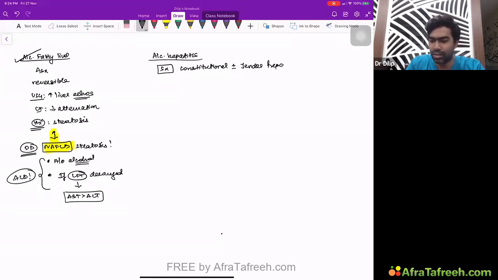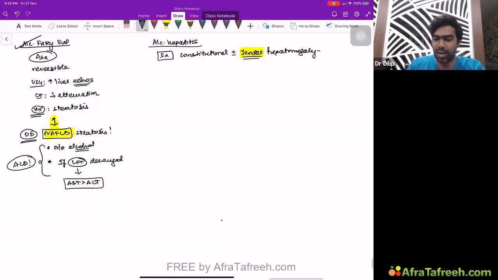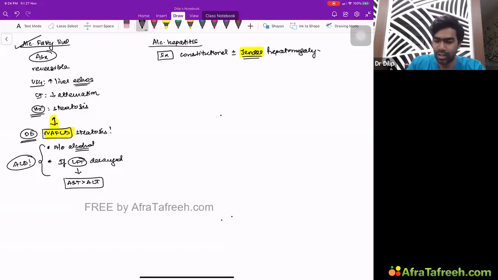You know that one of the important causes of tender hepatomegaly, apart from viral hepatitis, is alcoholic liver disease. So tender hepatomegaly. In fatty liver, the liver will not be enlarged and it will not be tender in the first place. But in alcoholic hepatitis, the liver will become tender and it can be palpated as well. So tender hepatomegaly is very characteristic. Apart from that, plus or minus they can have jaundice, plus or minus they can have splenomegaly, and plus or minus they can have signs of portal hypertension like ascites also. And even in extreme scenarios, if the hepatitis is very severe, they can have signs of liver cell failure also.